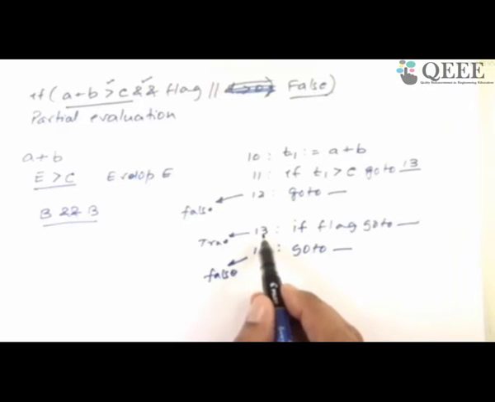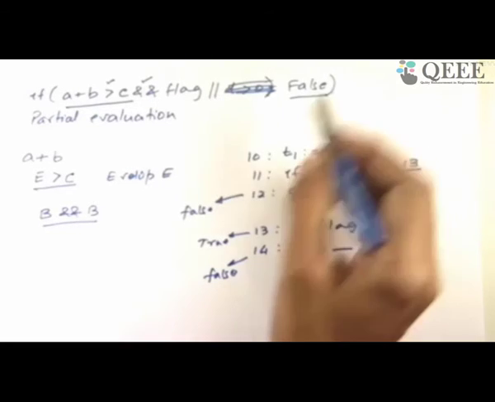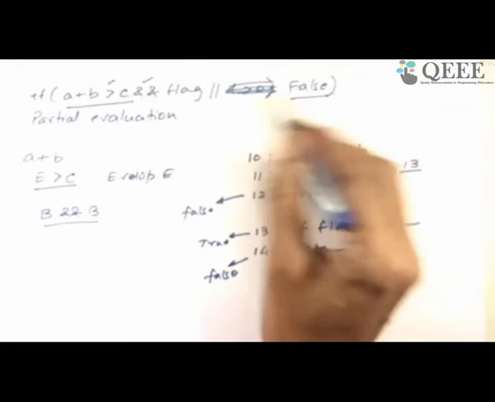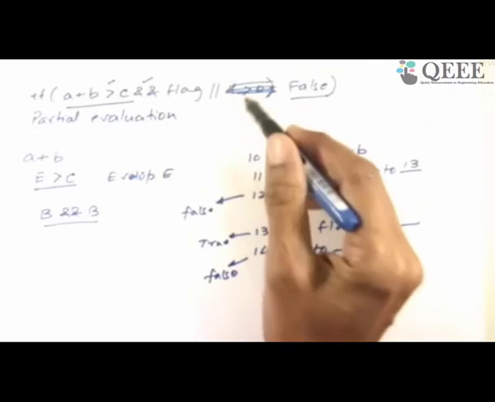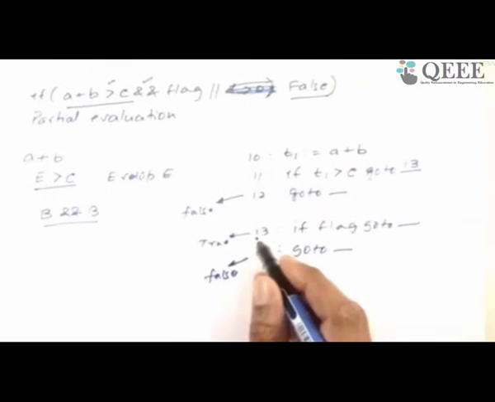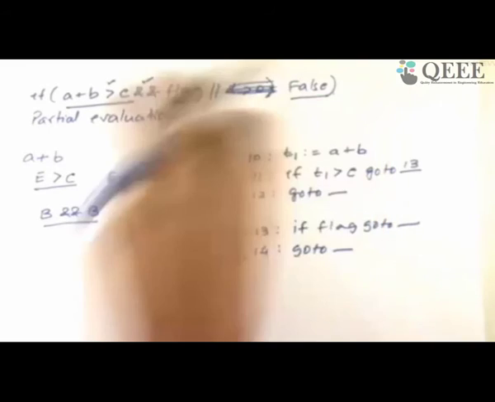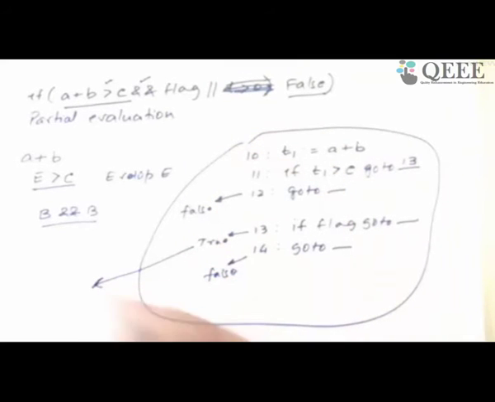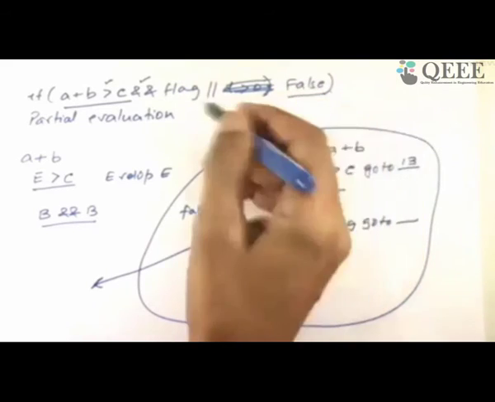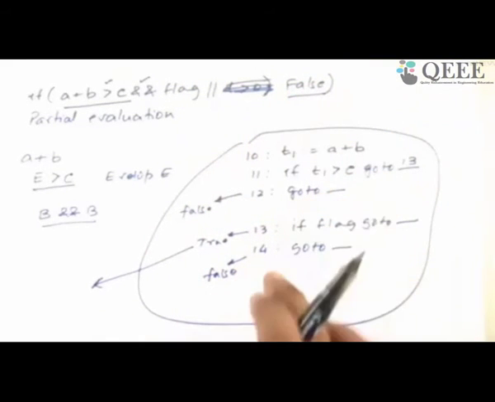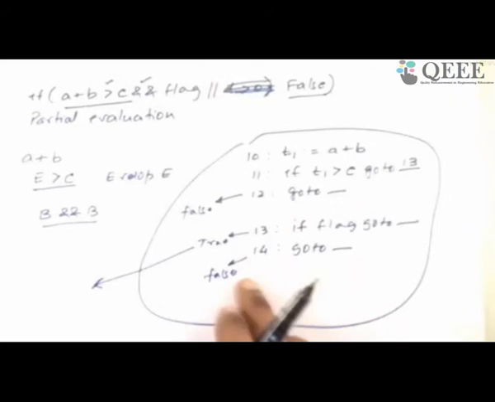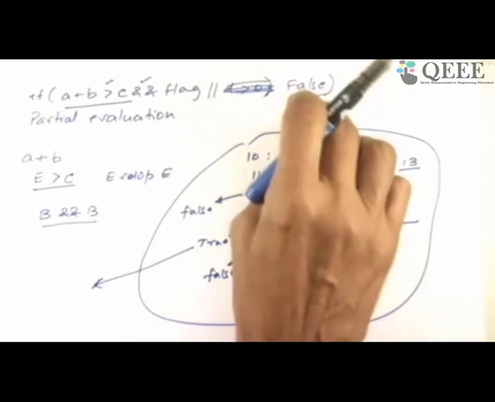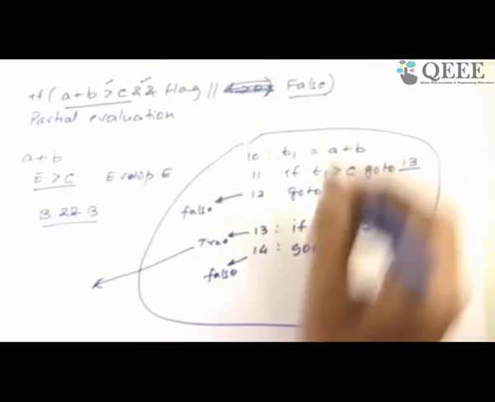So since the expression is true at 13 and it does not matter what the right operand is for an OR operator, if it is true, it is already true. From here I can go outside the statement to wherever the expression is true. So for this whole expression which I have not completed, this is the true list anyway. The expression is true at 12, independent of what you do over here. However, if the expression happens to be false, which is at 12 or 14, then you need to evaluate with this. So what do I do over here?